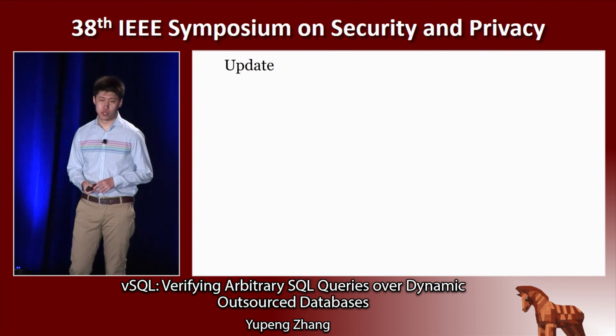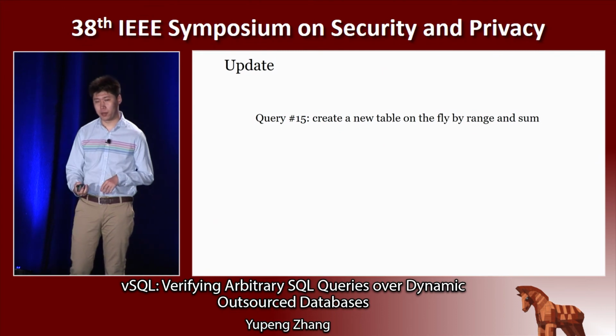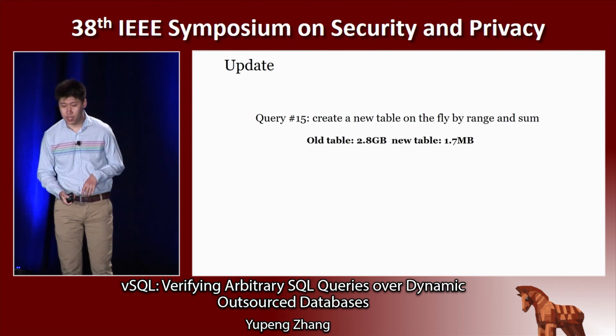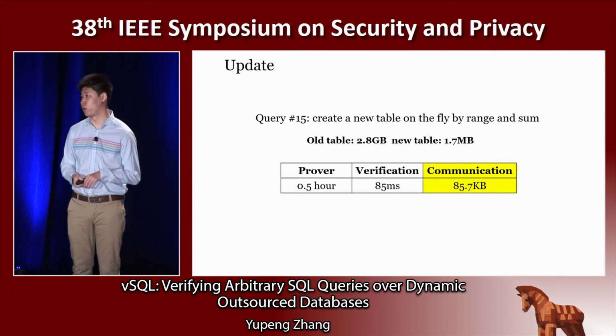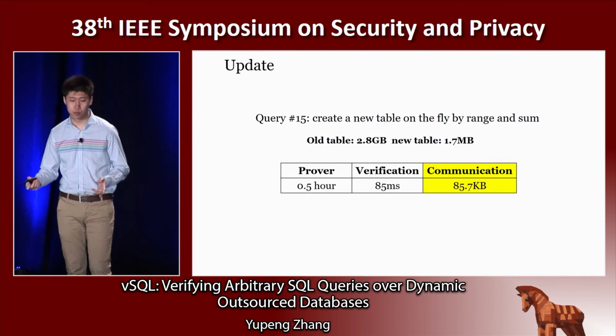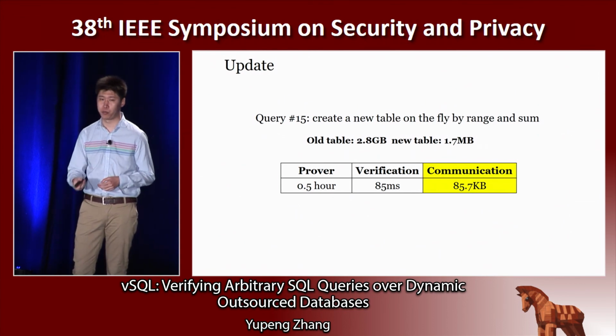Next, I want to show you some results for updates. In TPC-H, there is a query to create a new table on the fly. The size of the old table is 2.8 gigabytes, and the size of the new table is only 1.7 megabytes. And here's the performance of our system. As you can see, the approval takes half an hour, the verification takes tens of milliseconds, but most importantly, the